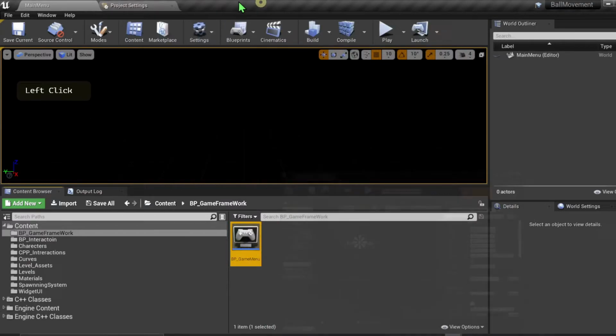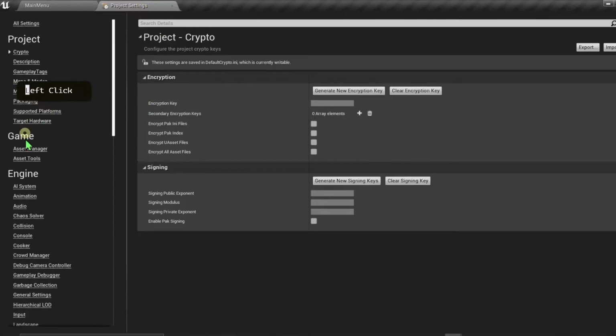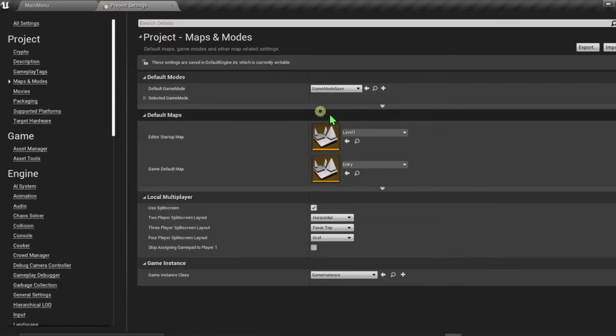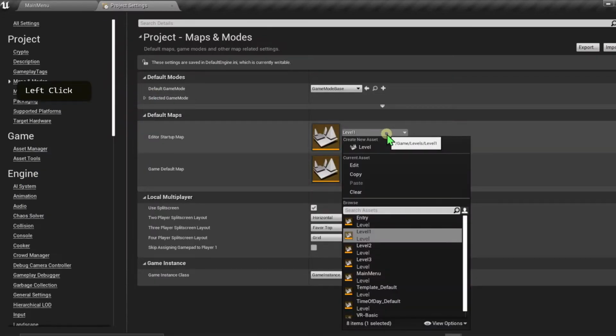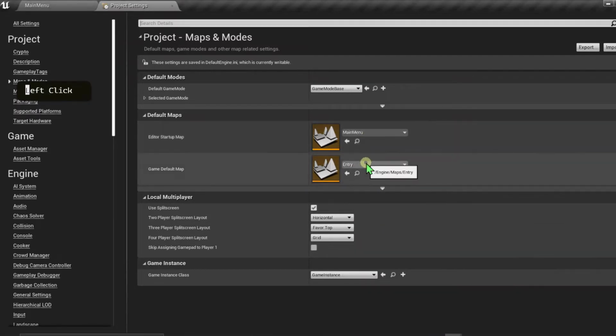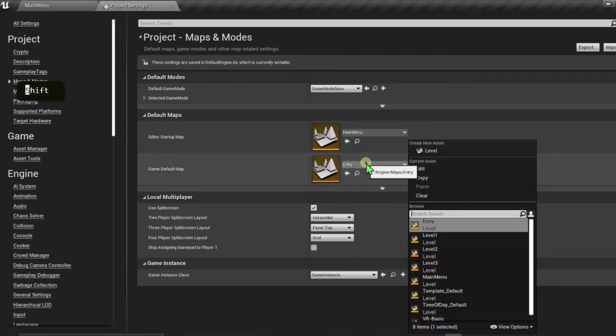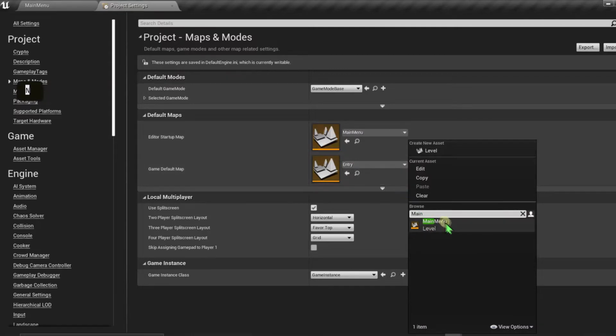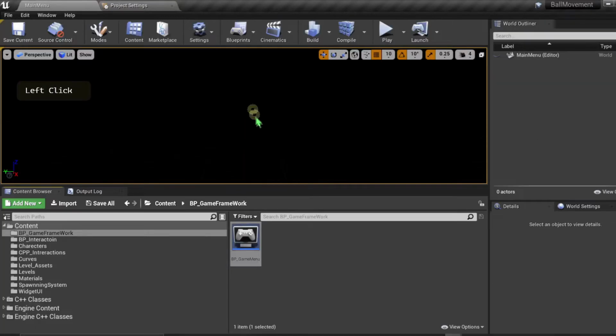So now in our project settings, what we're going to do is go under maps and modes, and we're going to set the default map to be the main menu, since this is the map that the player initially starts with. So we're going to have main menu for both of it. With that out of the way,